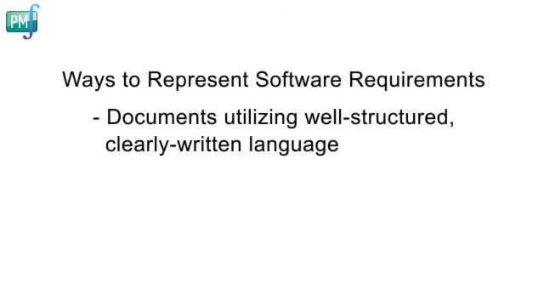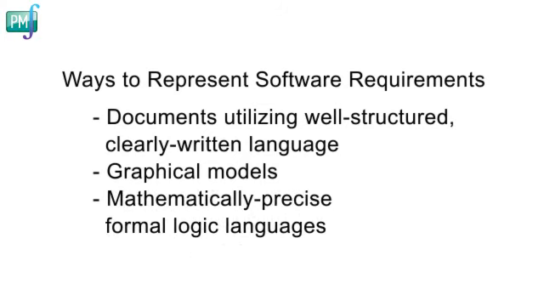Software requirements can be represented in a number of different ways. For instance, you can use documents that utilize well-structured, clearly written natural language. You can see graphical models that illustrate system states, transformational processes, data relationships, logic flows, or object classes. Or you can represent the requirements with formal specifications that define features using mathematically precise formal logic languages. Structured natural language, accompanied by graphical models, continues to be the most practical way for the majority of software projects